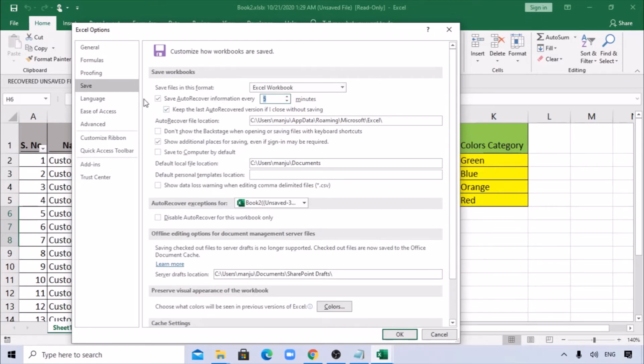What it does is auto-save the file and keep that auto-saved file in this location. See, it is showing my location where this file will be. Even a new file which you have not saved even one time will still go and stay here. So make sure that it is checked.